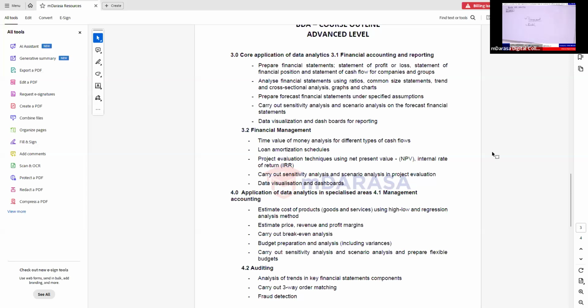When you are talking about the high-low or regression analysis method, the question is, do you have this concept? Can you present this now in Excel? These are some of the questions that we always tend to ask ourselves. When we read about the estimation of our revenue, profit, and prices, do we have this knowledge of cost estimation? Yes, we do. Now, how can we apply it when it comes to business data analytics or using Excel functions?